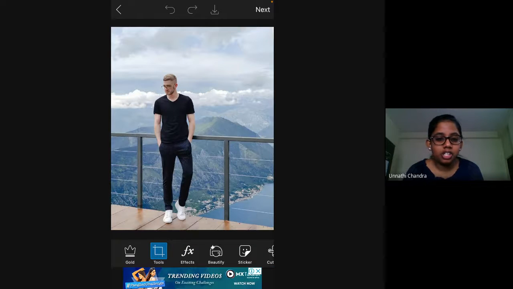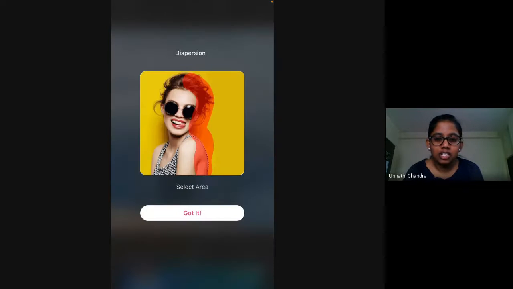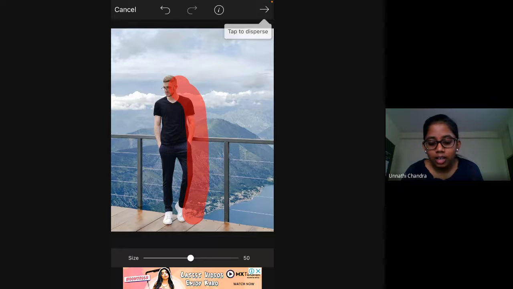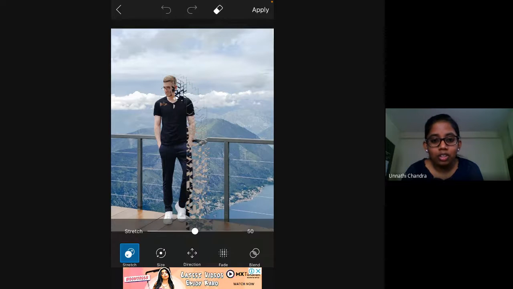And dispersion is, as you can see in the mini tutorial that's being shown on the screen right now, you just need to select the area which you want to disperse. If you do that and then click on the arrow, that is used for professional editing.